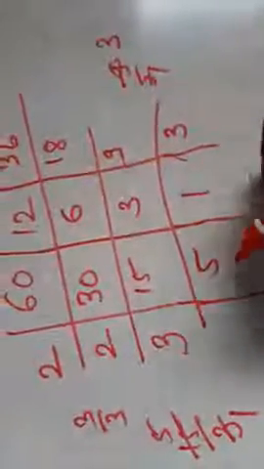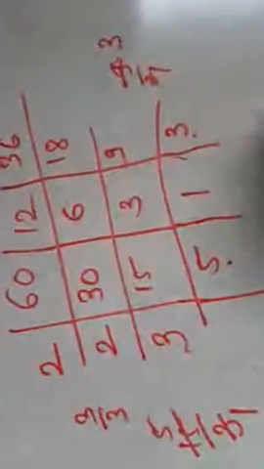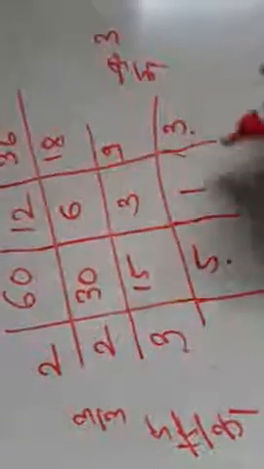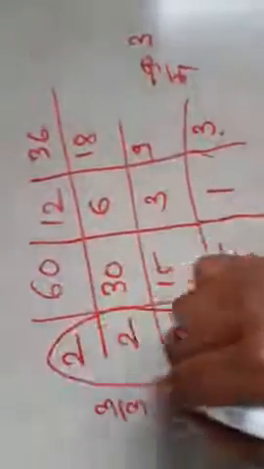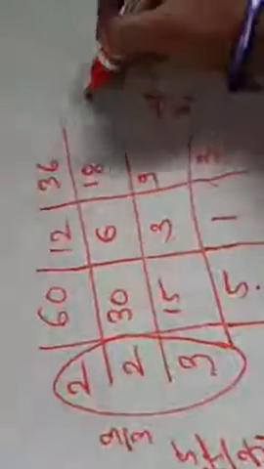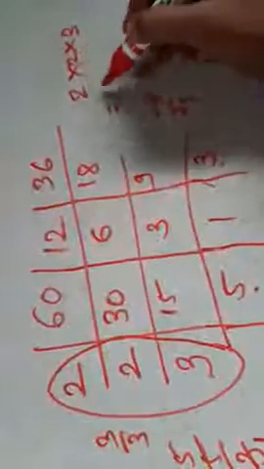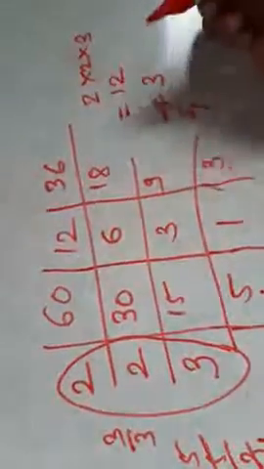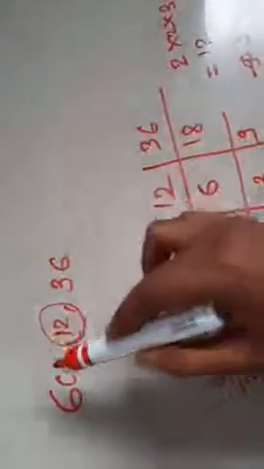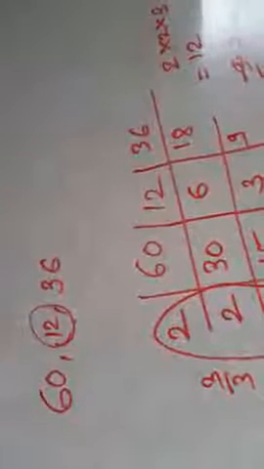Now at this step 5 is a prime number, 3 is a prime number. So after this we can't write any common prime factor. Up to this we just have to collect these common numbers: 2 into 2 into 3. 2 twos are 4, 4 threes are 12. So the HCF will be 12. In this way, if out of the given numbers one number is a divisor of all the others, then it is the HCF of the given numbers.